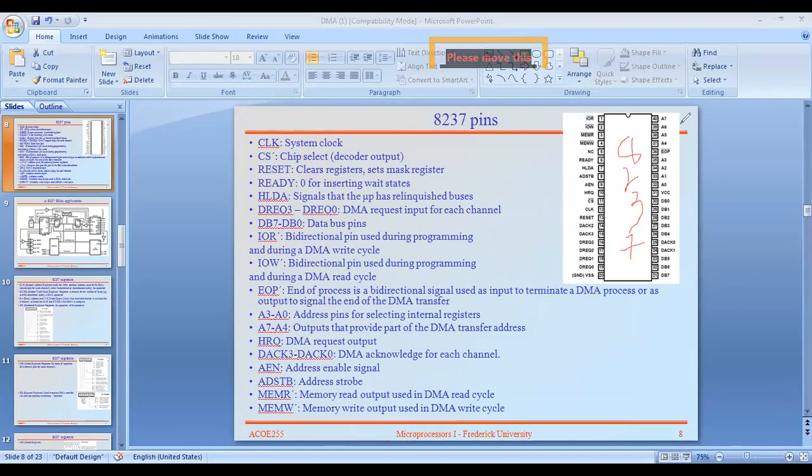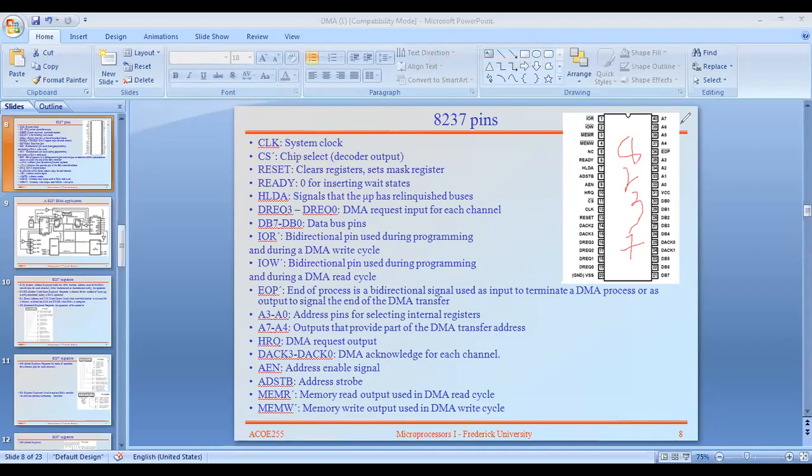The DMA is used as an intermediate for an external device and the processor to directly interact with memory, or it may be used to transfer data from memory to memory or IO to memory. That's why it may contain these controls.